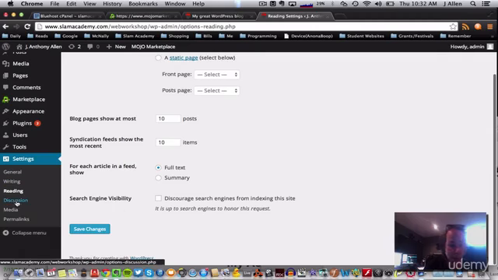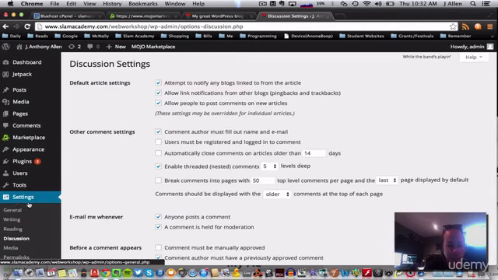Okay, let's go to this discussion tab under settings. Oh, I didn't save that. Oh, I didn't need to. Okay, discussion is important. The settings we need to change here relate most importantly to comments. Now, do we want people to be able to leave a comment on things we write? So if you're making a page